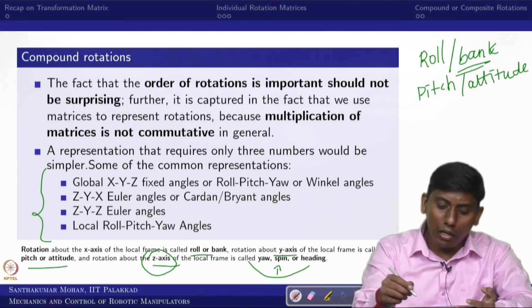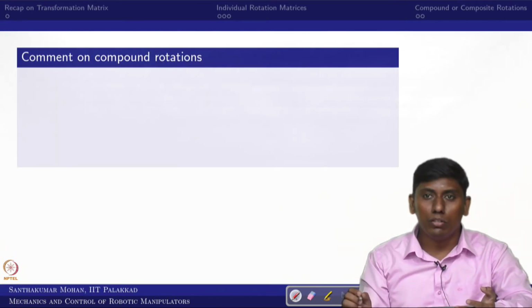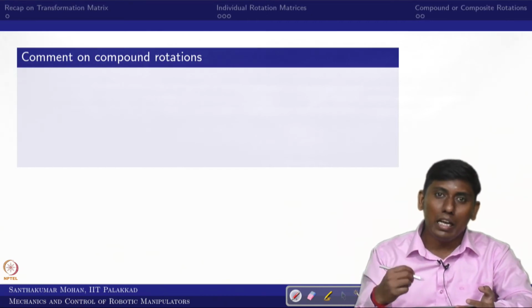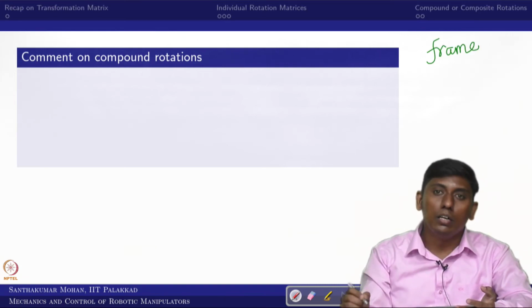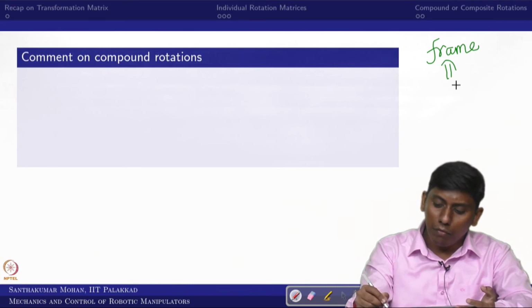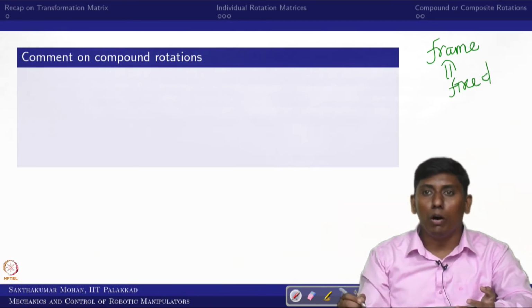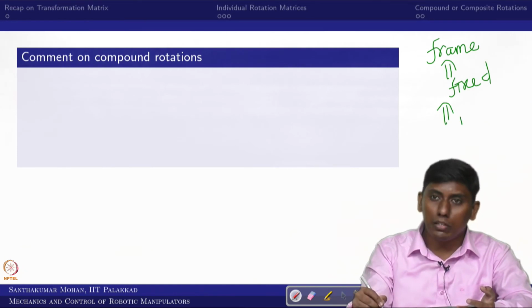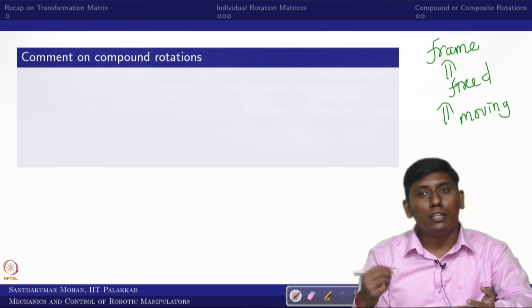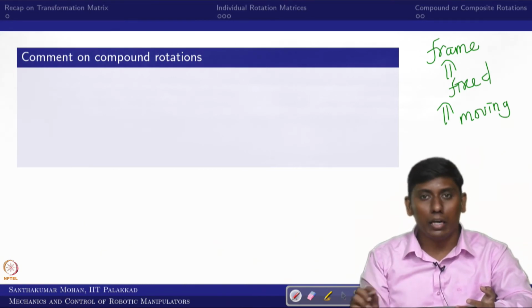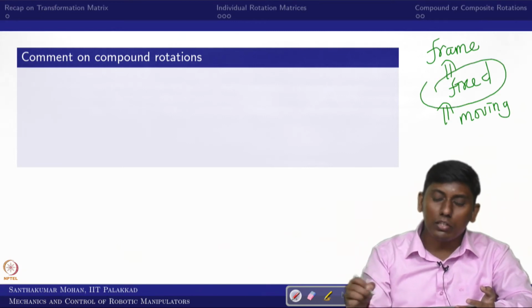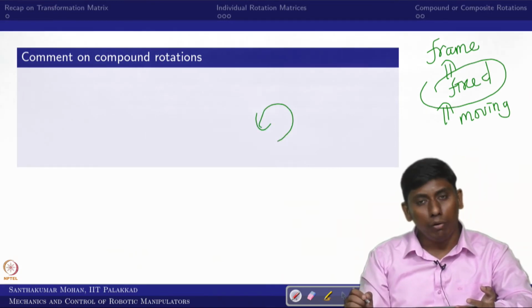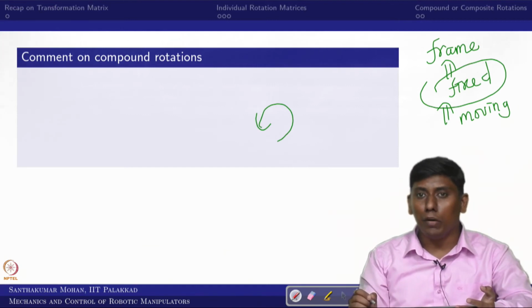Now we will go to one additional slide, and with that we will close this particular lecture. You can see that you have several representations and several forms. You have rotated the axis with respect to a frame. If you refer from the fixed frame, you have a certain format. If you are rotating with respect to a moving frame or local frame, that is another set of procedures. If you are rotating with respect to a fixed axis, then you have to pre-multiply the rotation matrix with your position vector or your predefined rotations.